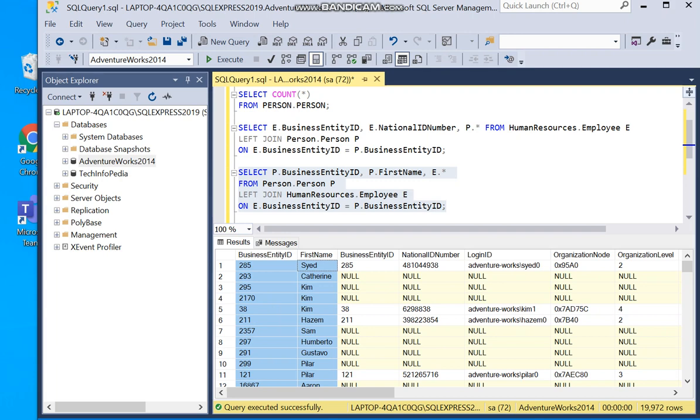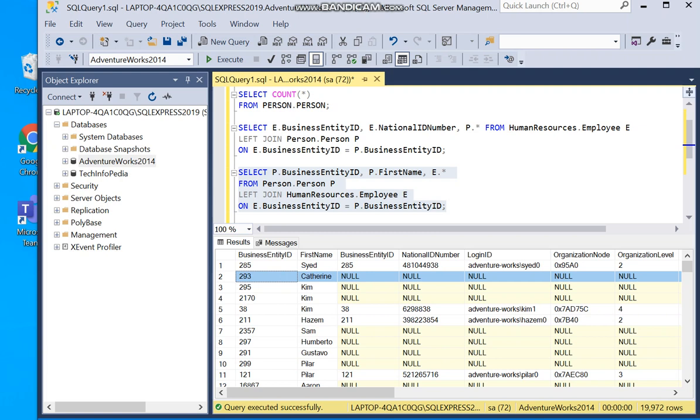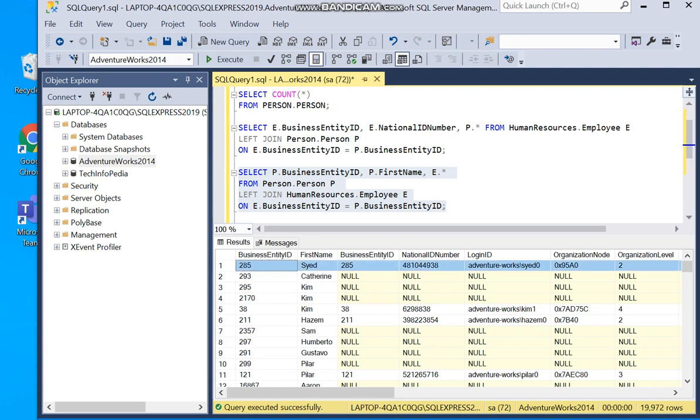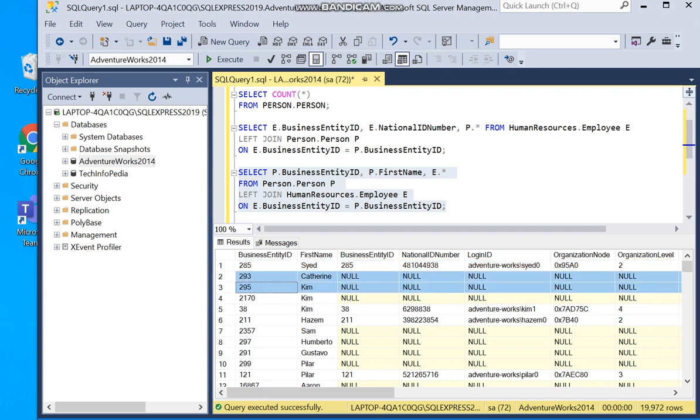Here we can see that there is no record available against business entity 293 in the employee table. Same goes for this and this. Here we have the matching rows for business entity ID 285, so all the data is available. But here we don't have any record in our right table, so null values are available here.